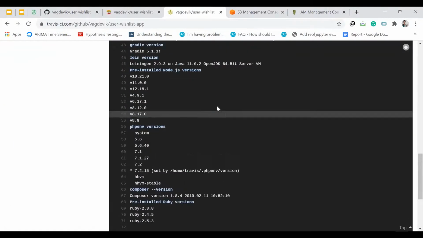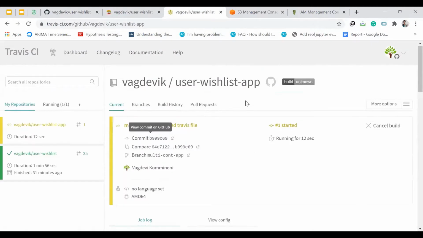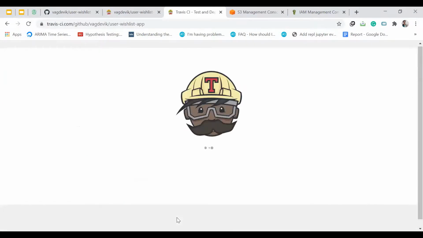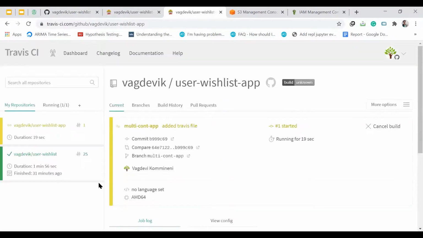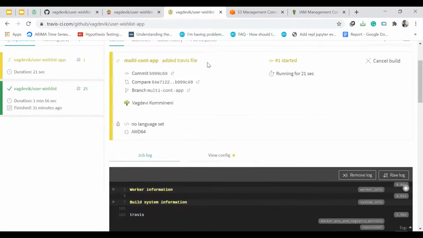So you can see all those things here. If you observe, this is the message which we have given while committing, right? Added Travis file. So that is what is being shown here. And this is the branch where the changes have been made.